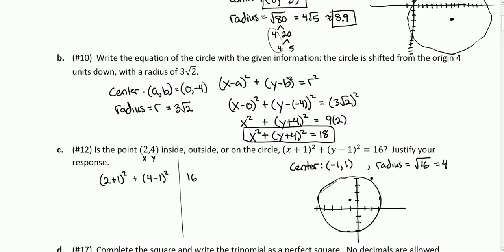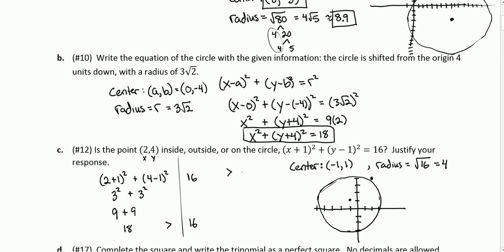So 2 plus 1 is 3. 3 squared plus 3 squared is going to give us 9 plus 9, which is 18. So that's greater than 16. So how do we interpret this? What does that mean? Is it inside? Is it outside? Is it on the circle? Well,